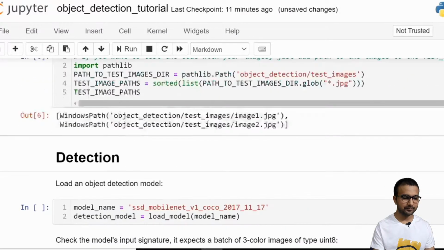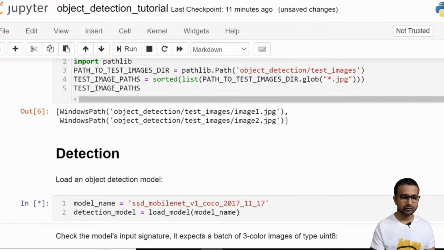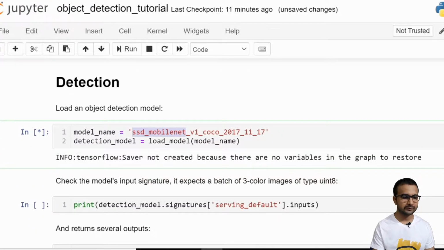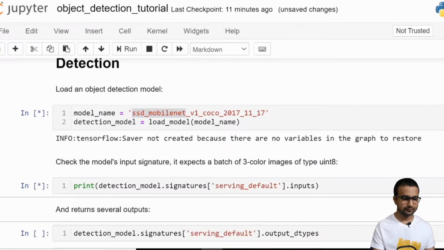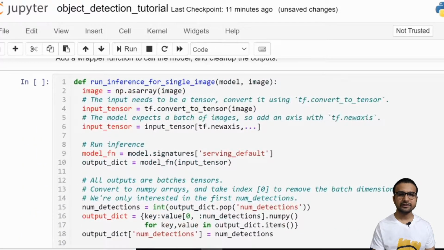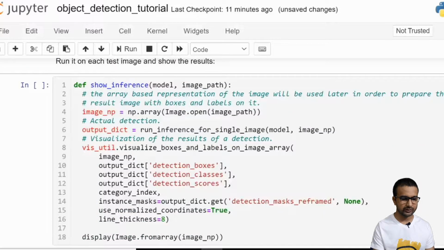Let's run all of them. And here we are going to load the SSD MobileNet neural network for object detection, which is trained on the Coco dataset. All these steps we have already done in our previous lecture, so I'm just going to run them.